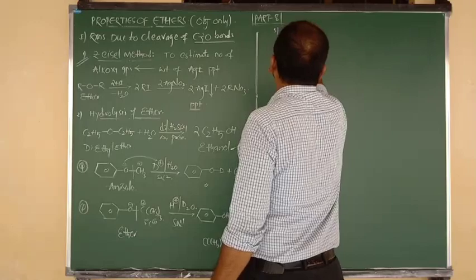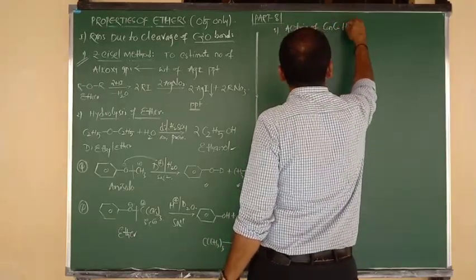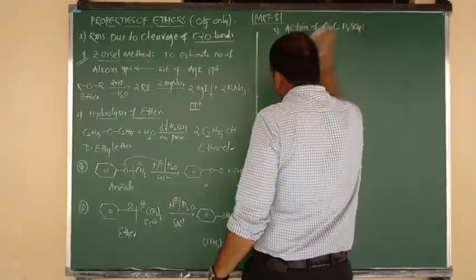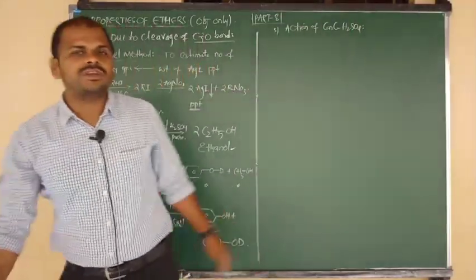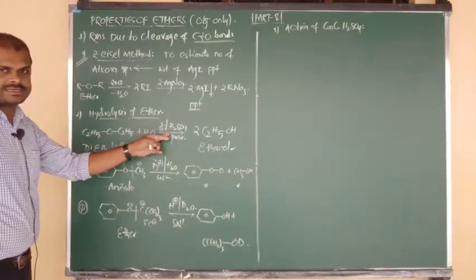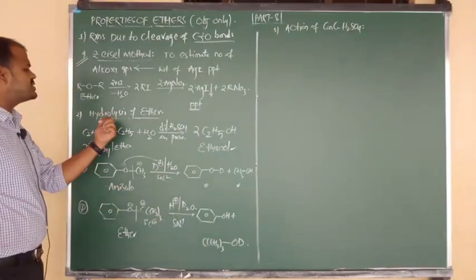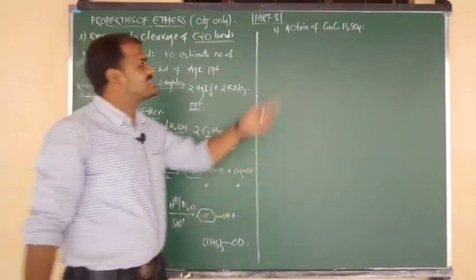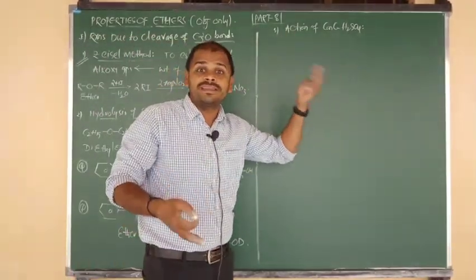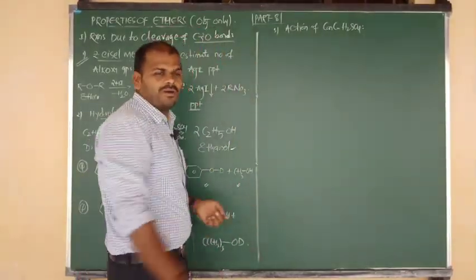Okay. Next go for the third one. Action of concentrated H2SO4. How do ethers react with concentrated sulfuric acid? This is, beta, dilute sulfuric acid. Ethers upon dilute sulfuric acid give alcohols because here the procedure is hydrolysis. So here what to do? Concentrated means dehydration. You know very well. So can I show the reaction now? Okay, beta.